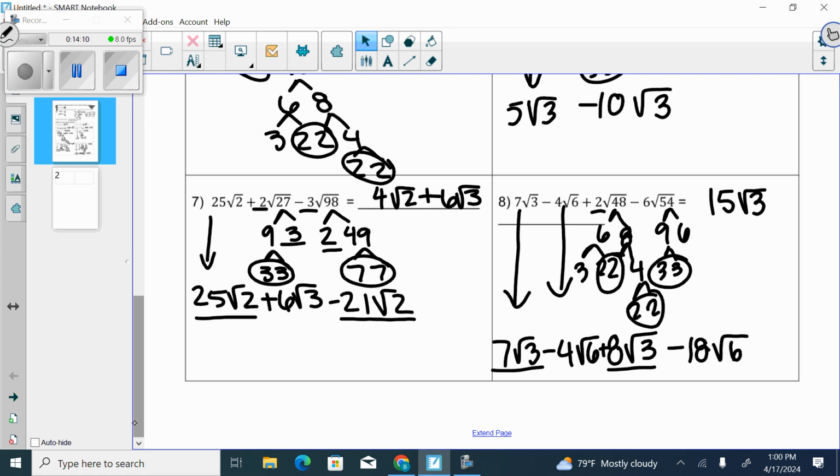Okay, any other like terms? So negative 4 minus 18. Negative 22 square root of 6. Nice. Okay. So it's the same stuff as far as simplification goes. Okay, but whenever we are adding and subtracting, we can only put them together if they are